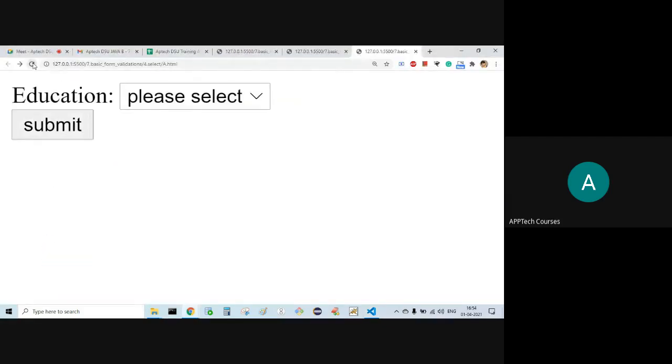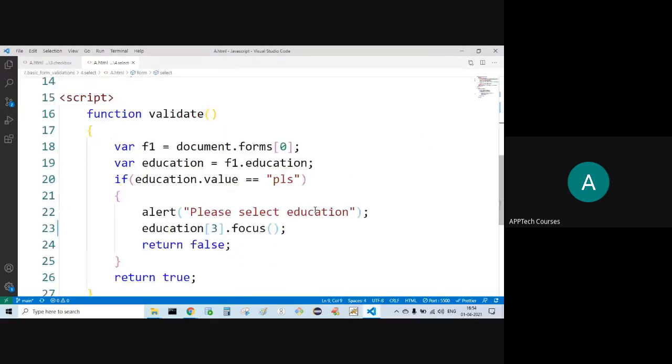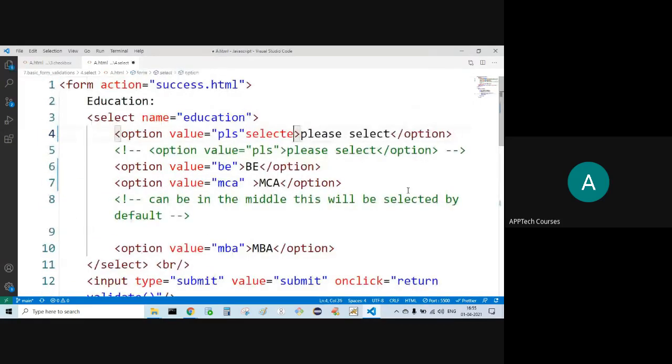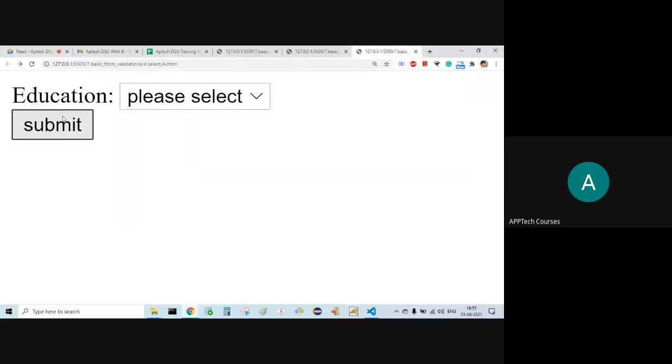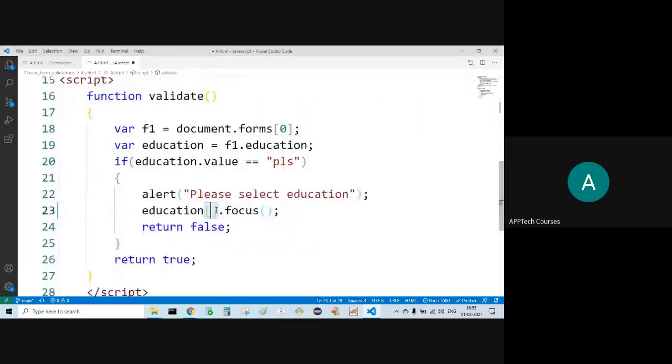Did I refresh? By default, first option. I'm making the focus, what focus to? Third option. Okay, third option. Refresh. Submit.